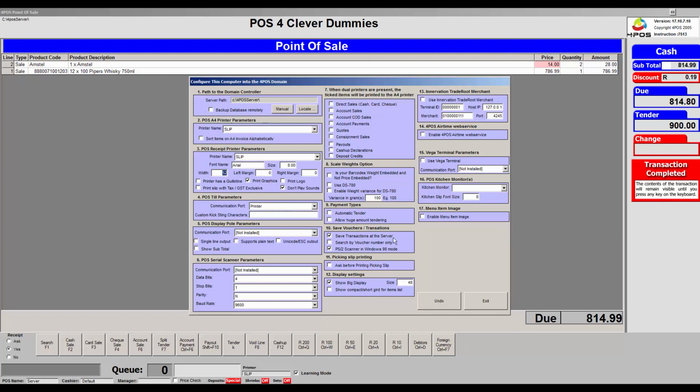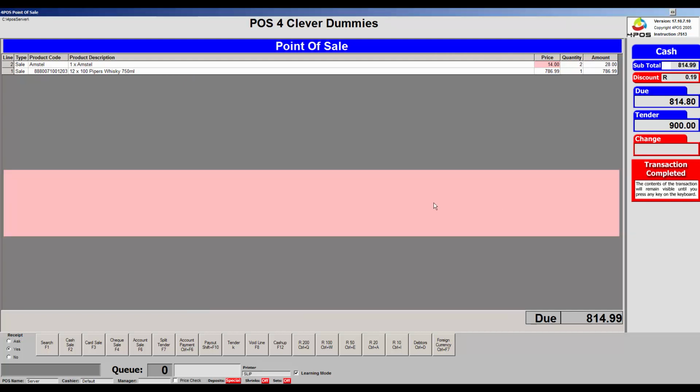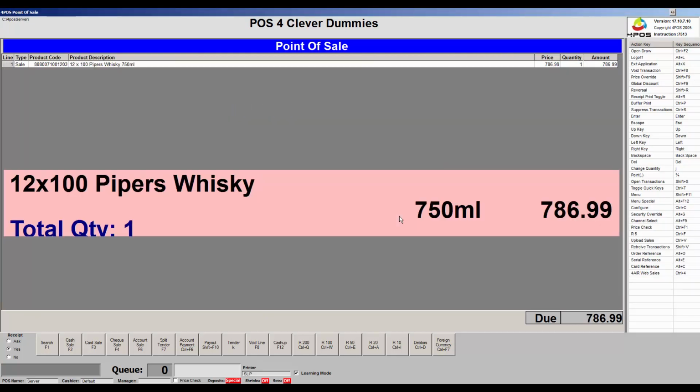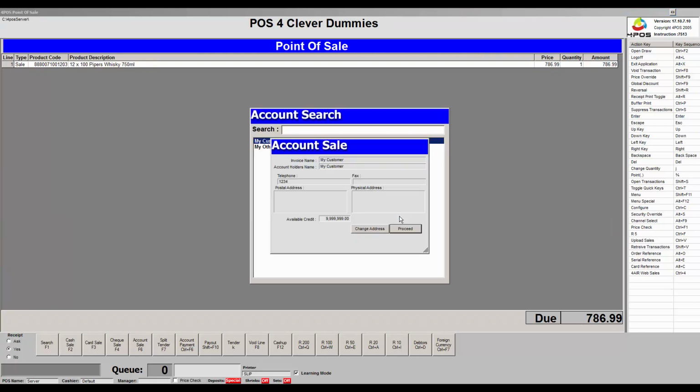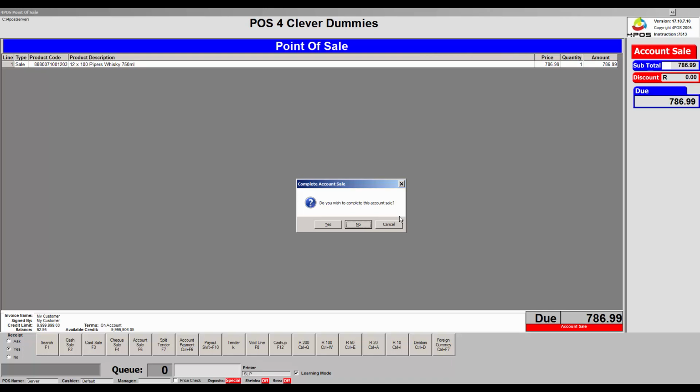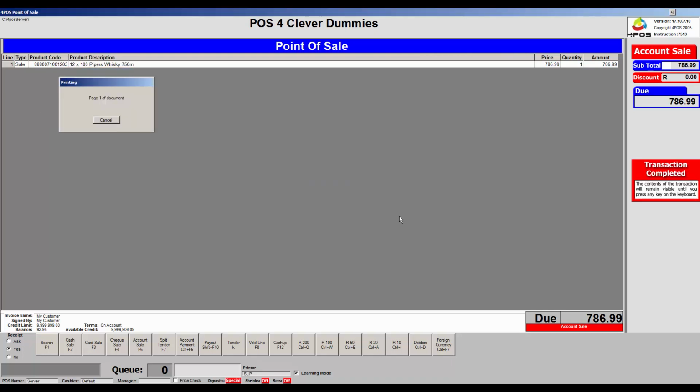So those are just some of the parameters and the printer setups. Alright, so let's go and do another sale or two. Let's say I want to do an account sale, for instance. I've rung up an item. I can press F6 for account sale and select my customer details. The account sale's got a little bit of a catch. When it gets to this point, it gives you a last chance to approve or not approve, or carry on or not carry on. You must just simply press enter one more time there. And do you wish to complete? Yes, thank you. Once you've done that, all the slips will print out properly